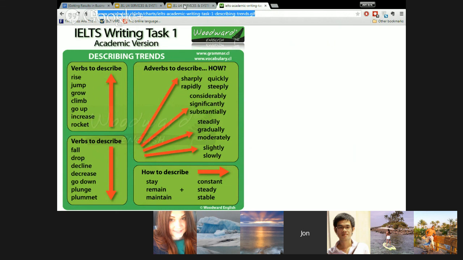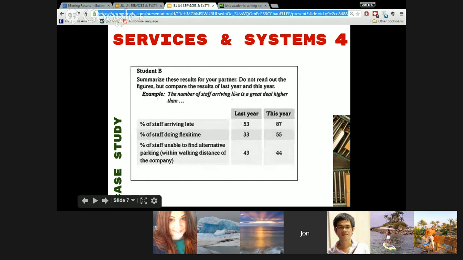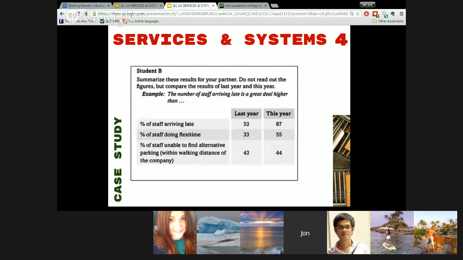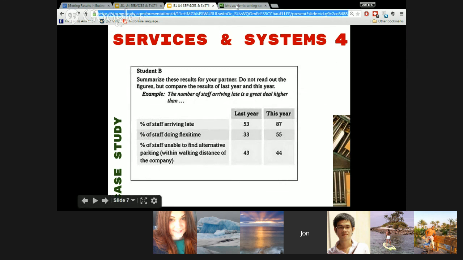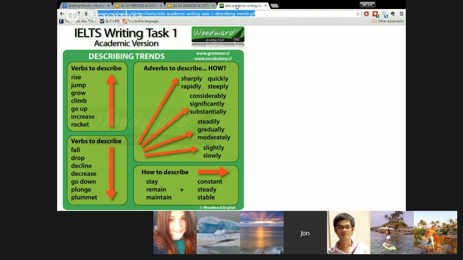And we're back to Team B with Mr. Jose. Last point. Yes. The number of staff enabled to find alternative parking within walking distance of the company this year is marginally lower than last year. This year is around 44%, and last year was around 43%. We'll try to give a solution in order to how to get to work more easily, and the employees